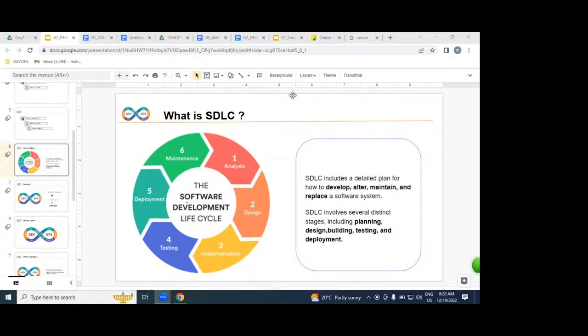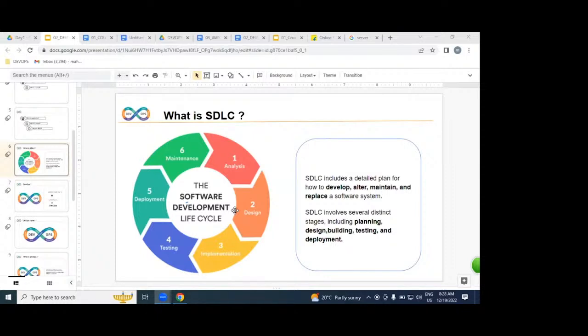SDLC in the sense of what? Software Development Lifecycle. By following the SDLC process, we are going to produce a software.